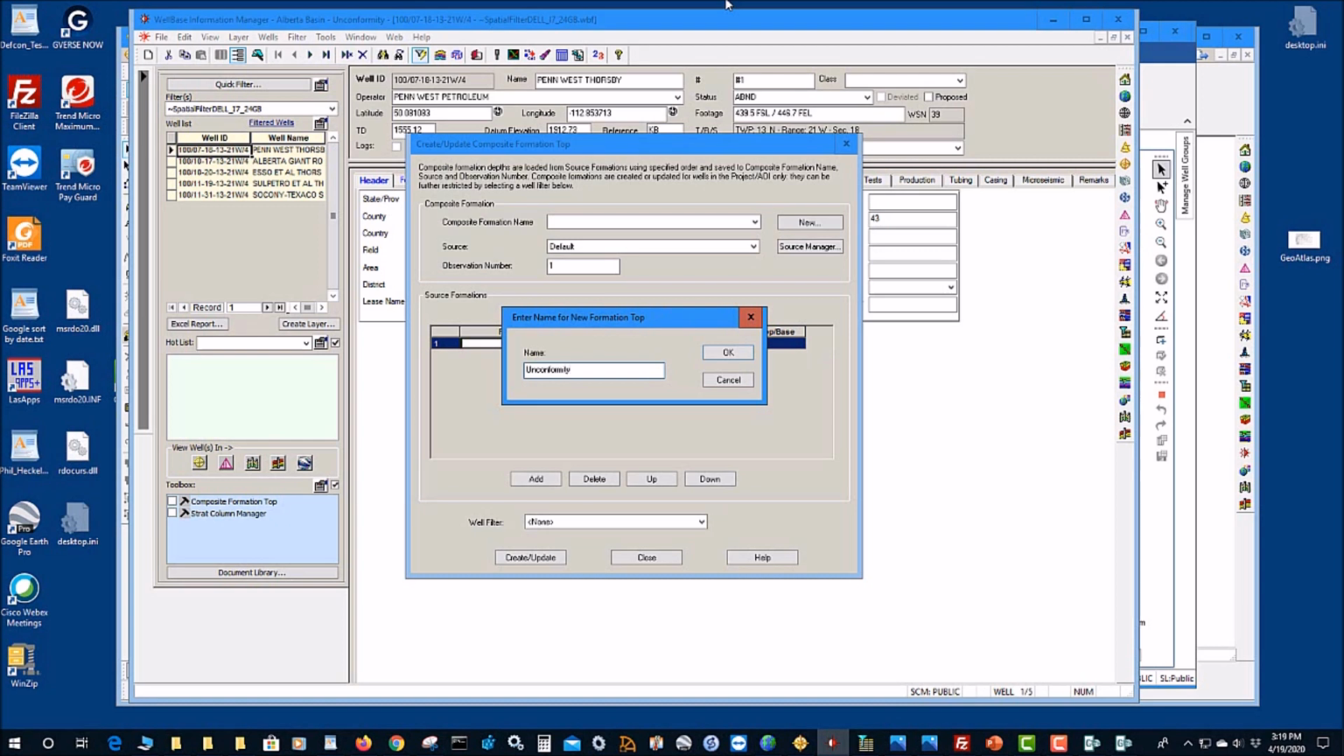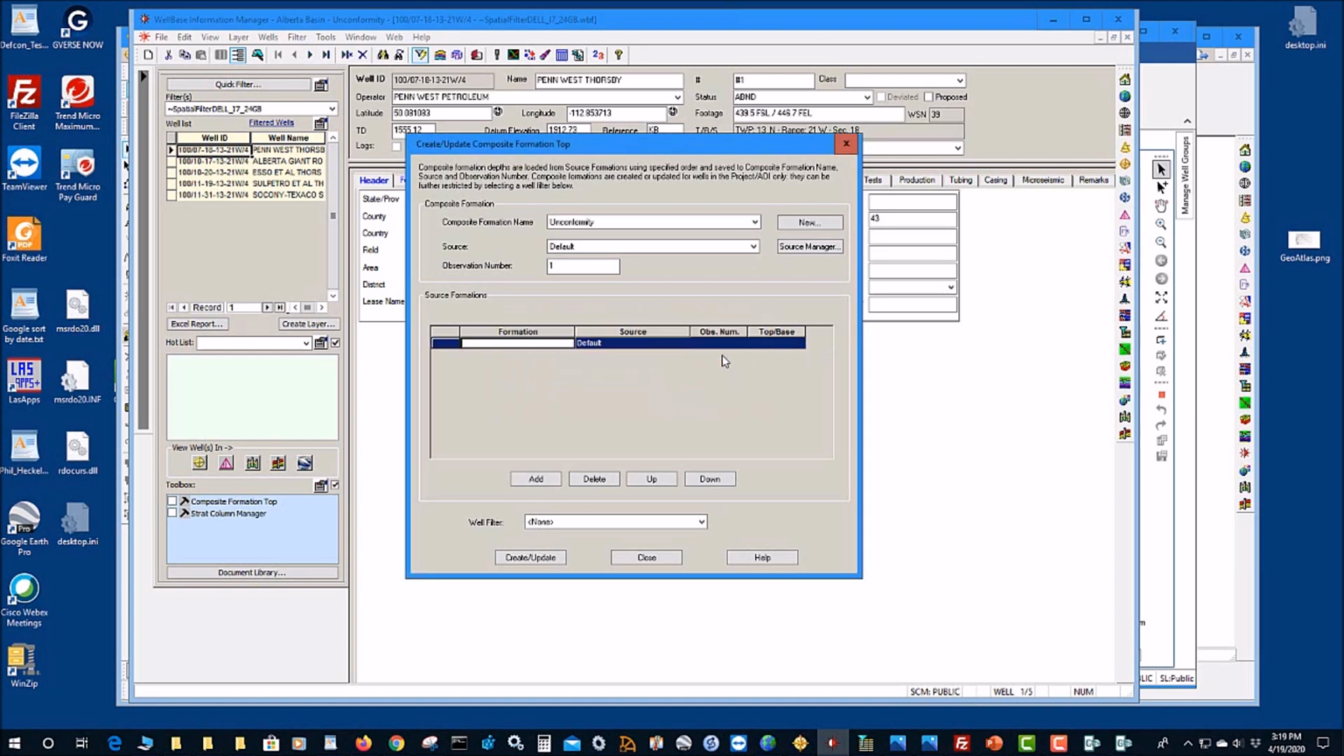I'm going to call this thing Unconformity. This is my new top with the same source default, and lo and behold, the grid actually populated itself because that's how I had left it. So what I did was I added three formations, the Nisku, the upper Ireton, or the Grossmont, and essentially what